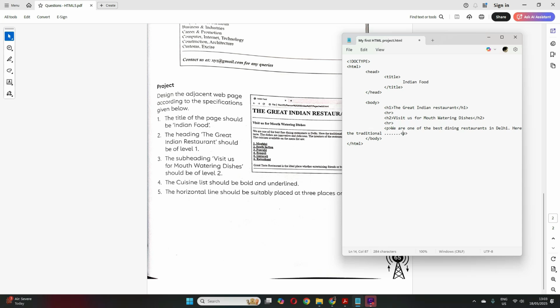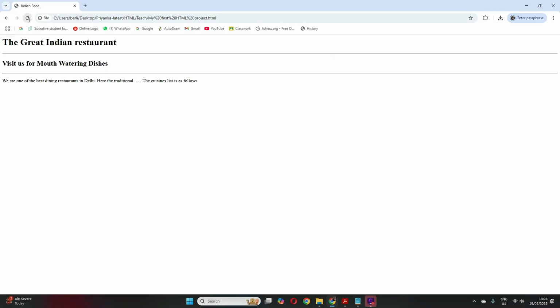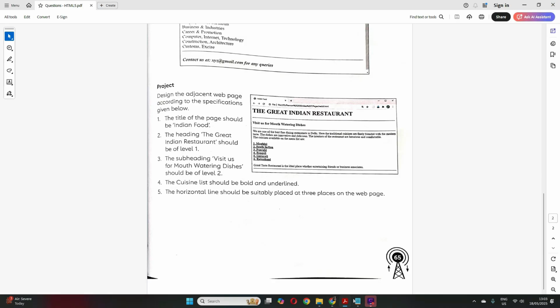Correct? I have a closing paragraph, right? Yeah, then we have the cuisine list. You can write it here. The cuisine list is as follows. Correct? Now let's save it. Now let's see it in our browser. See, this is turning up as a paragraph. Now we want to display the list of cuisine, but this all should be underlined.